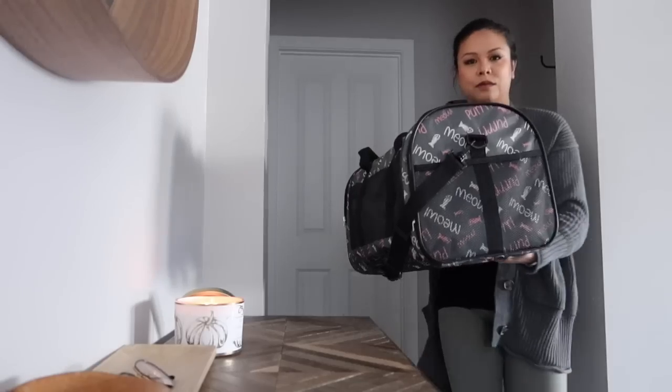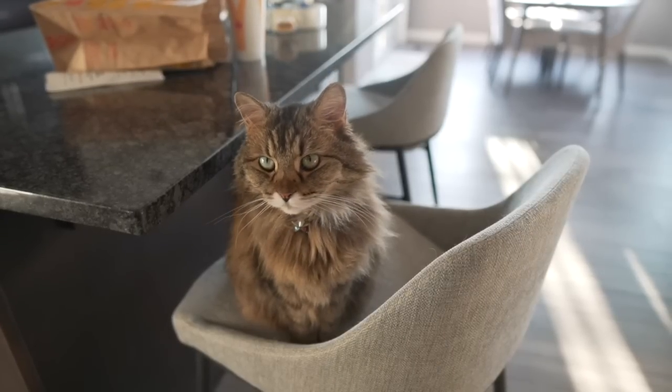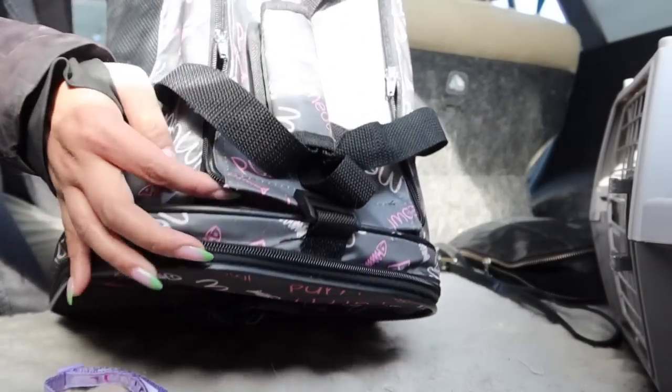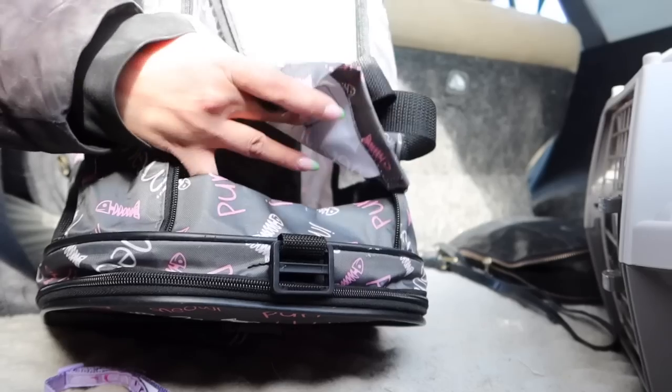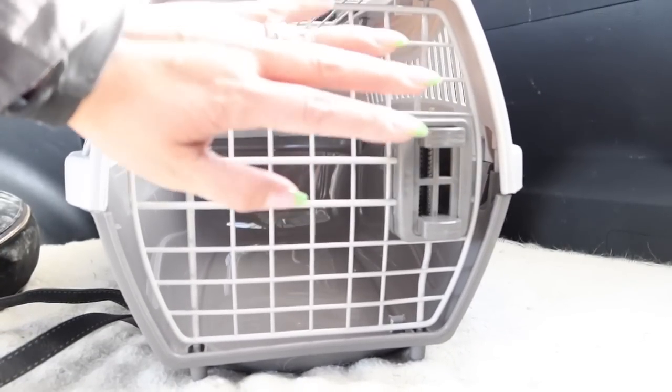I've entered that stage in my life where I feel like I'm starting to collect things, and that thing is cat carriers. In the past couple of videos, I've talked about the couple of cat carriers that I currently own right now for my long-haired tabby cat named Jiggy. The first cat carrier that I got was a soft one, and Jiggy busted out of that one pretty quick. She figured out how to squish her tiny head through the one opening that's not fully secured in that bag, so I got a hard one so that it's way more secure and she can't get out of that,